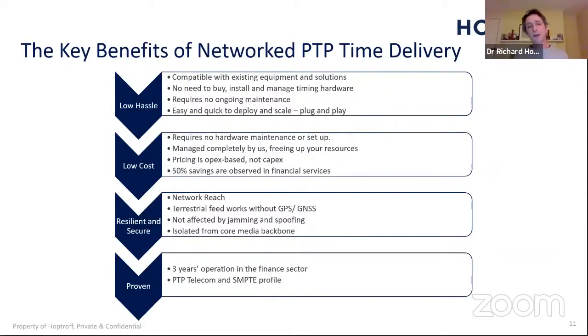And when it's combined with satellites, the terrestrial time gives you that resilience and security that guarantees that whatever happens, you'll still be able to get the program out on time, because otherwise, you know, there's no point in transmitting real time late. And this is something we've been doing for a while now. So we've managed to prove that it works, and we think it'll work in the IP media arena as well.